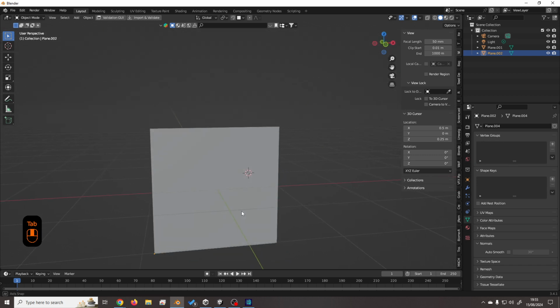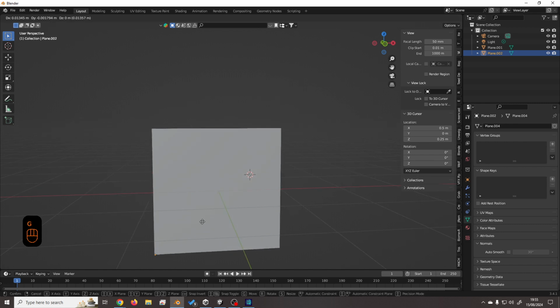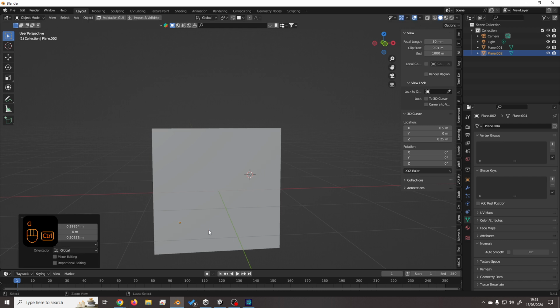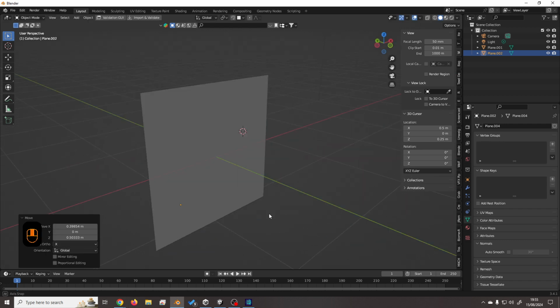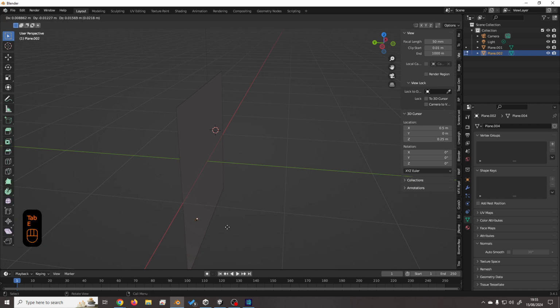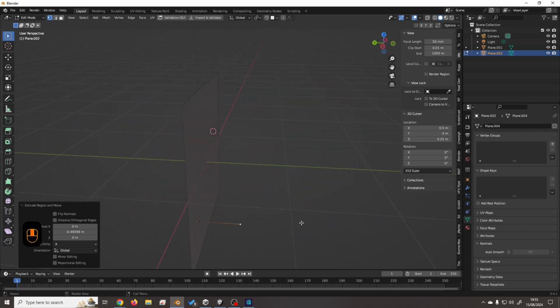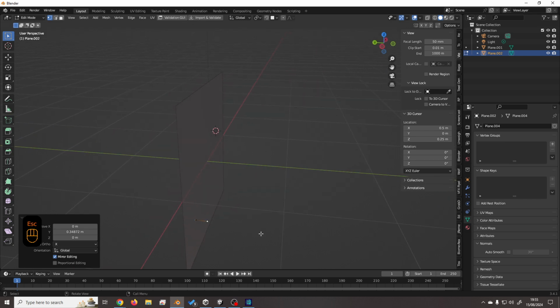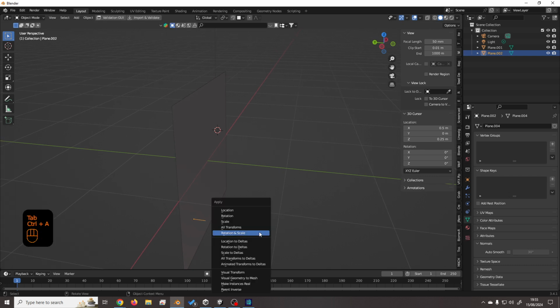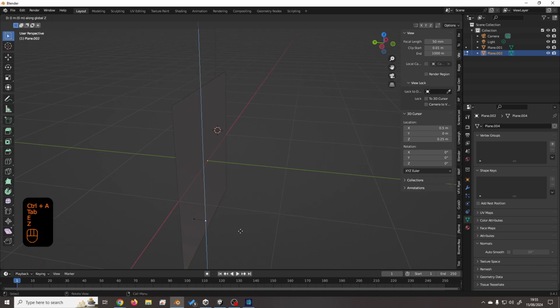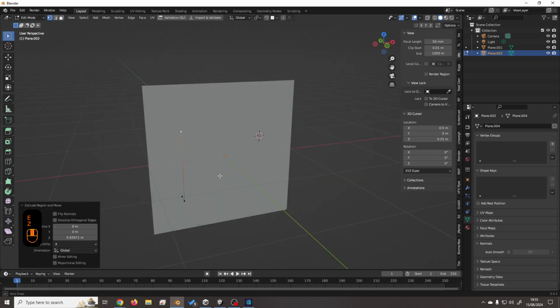So now what I can do is extrude that out. Maybe not quite that far. And then up on the Z. No. Up on the Z. Come on. Oh, thank you. Why? Oh, I know why. Try again. Up on the Z. And then